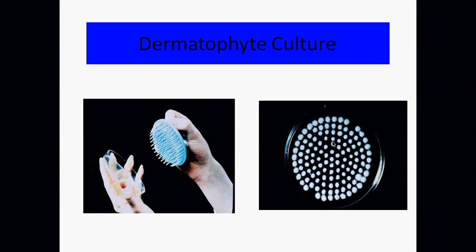Now another way of collecting a dermatophytic culture sample is by the hairbrush technique. A hairbrush is dipped over the hair and directly inoculated into the fungal culture medium present in a petri plate. So this is known as the hairbrush technique, and you can see on this side, wherever the brush has touched the medium, slight growth of fungal colonies is appearing. So this is the hairbrush technique, another way of collecting a sample in case of superficial fungal infection.